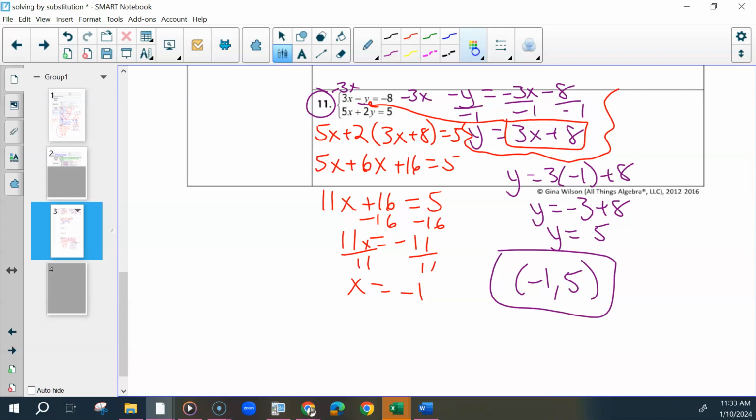So for the rest of the class, you can either do the remaining problems on this, or work on the Delta Math that is due on Friday on solving systems by substitution. If you didn't finish the solving systems by graphing Delta Math from the other day, you can work on that. So you have plenty of things to be working on. Work together, use the iPads, use Desmos to check yourself, use the calculators. While you guys are working, I'll be calling you up one at a time to talk about course